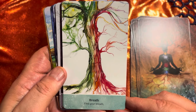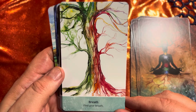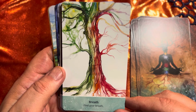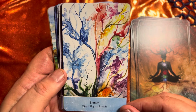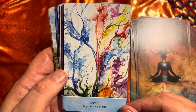Then we have breath. Find your breath. And that's just about stillness. That's about sitting down, quietening the mind, focusing on the breath, and just being present in the moment, being mindful. Stay with your breath. It's so easy to let the mind wander, and if we bring it back to our breath,